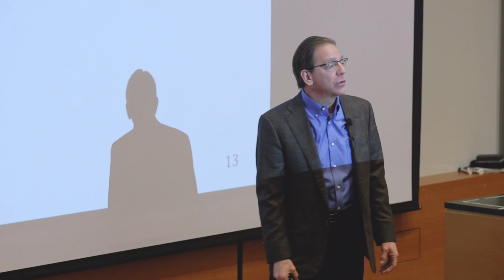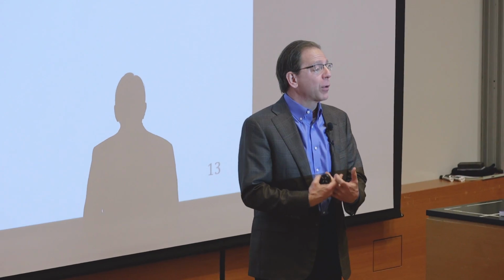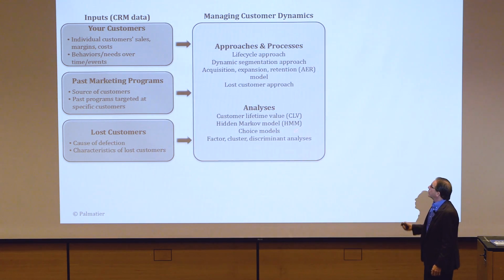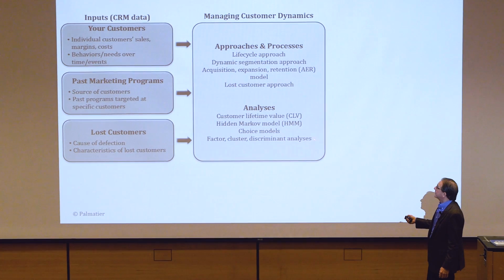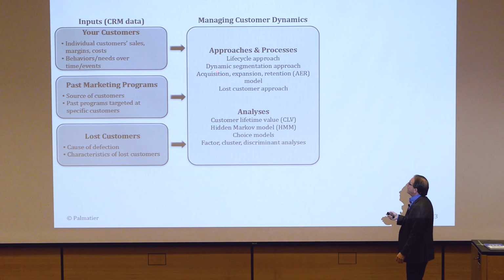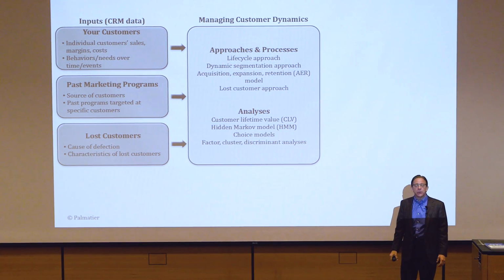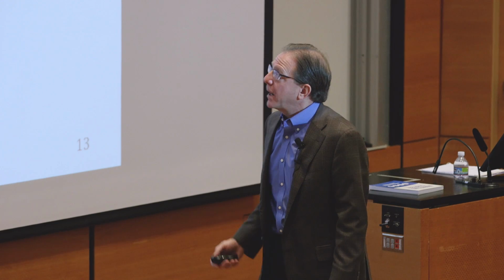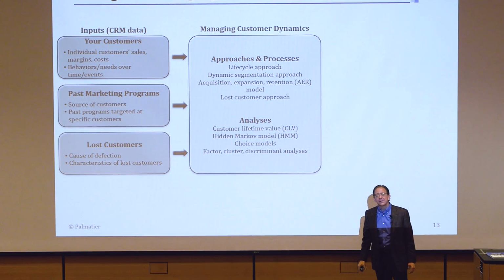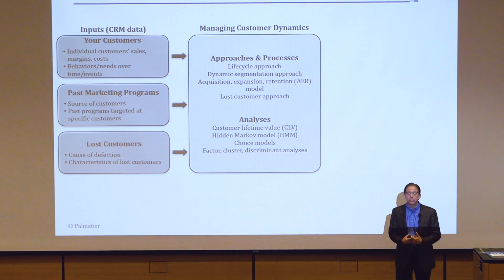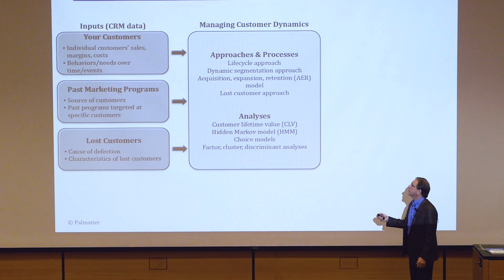A lot of good information. That's not always the good news on lost customers. Sometimes it's because you have product or service failure, and in those cases you might need to fix the problem also. So what are the approaches and analyses we use for this? We use a life cycle, we do dynamic segmentation, and we use this thing we call acquisition, expansion, and retention model. You're going to see us talk about that a bit. It's going to be the AIR model, AIR, A-E-R. Come to find out, when you first acquire a customer, they're a little different than after they've been in your portfolio for 5 years, and we're going to understand that we need to treat those customers differently. Lost customer, I already spoke of.